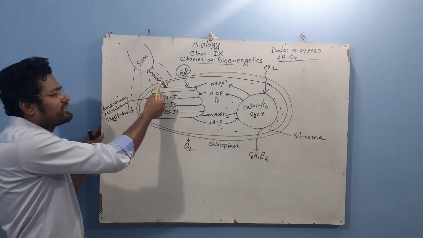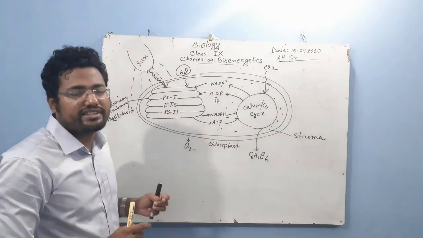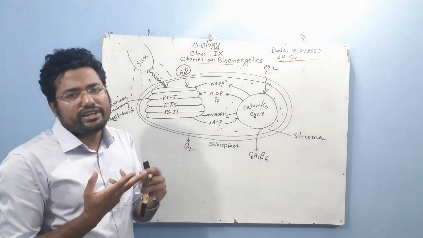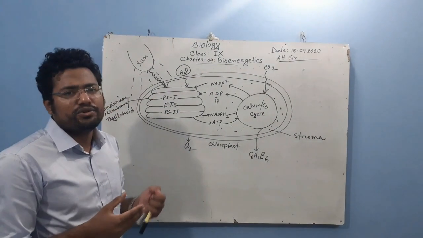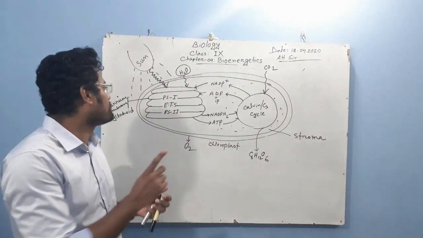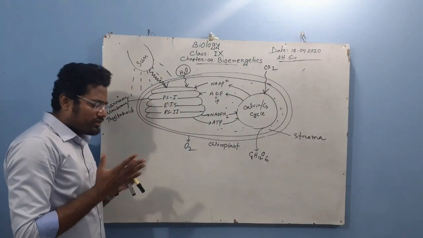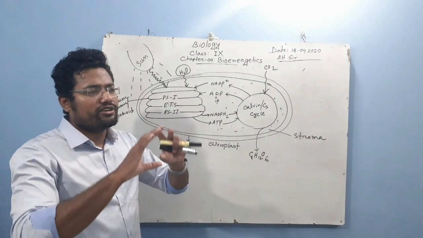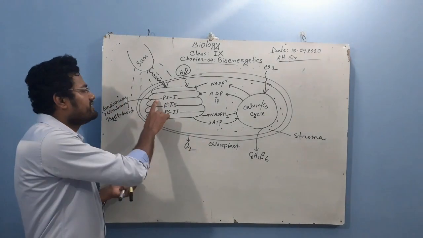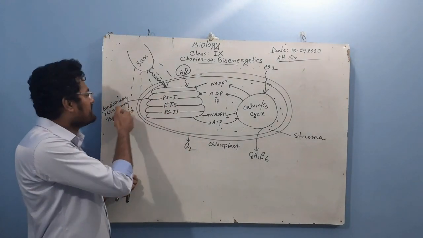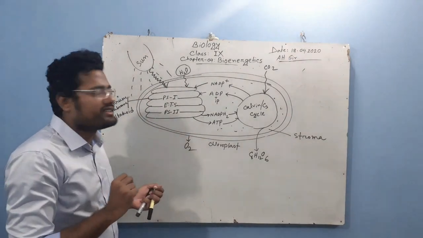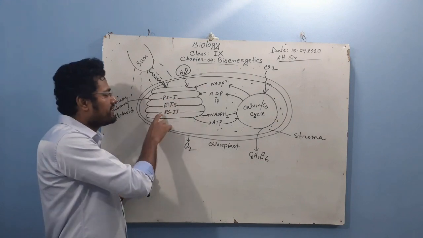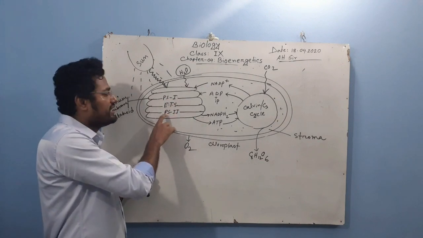If we observe the granum membrane under an electron microscope, we will find a lot of chlorophyll molecules like chlorophyll A, chlorophyll B, chlorophyll C, and other pigments like carotene and xanthophyll, all present in the granum membrane. Chlorophyll and other pigments together form a unit. This unit is called a photosystem. In the granum membrane, two photosystems are present. One is called photosystem 1, we write here PS1, and another is called photosystem 2, PS2.